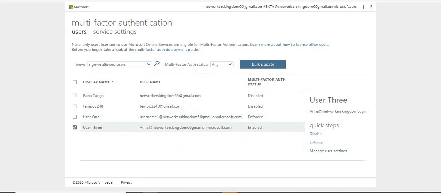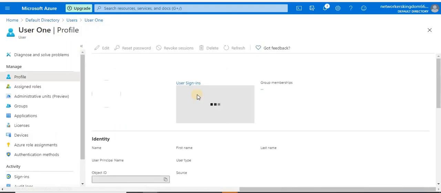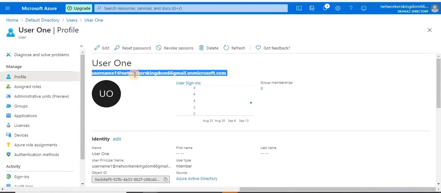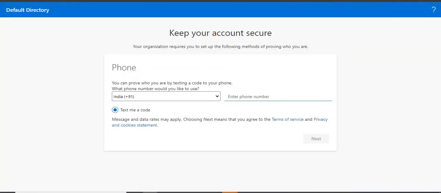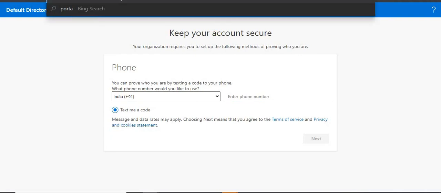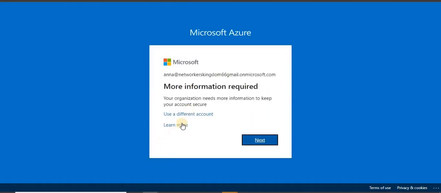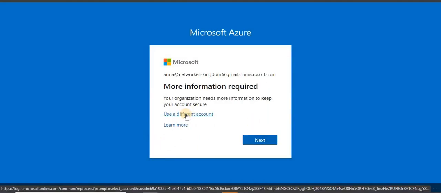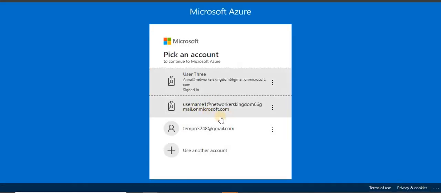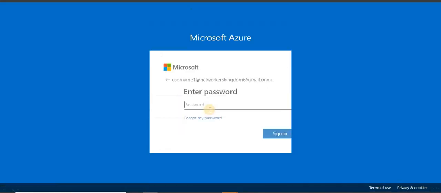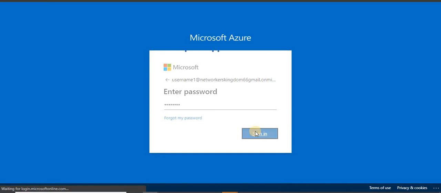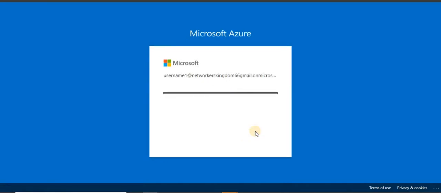Let me copy this one, go back to portal.azure.com, and use a different account. Here is username 1, and just type the password. Now it will ask for an OTP. Let me show you.